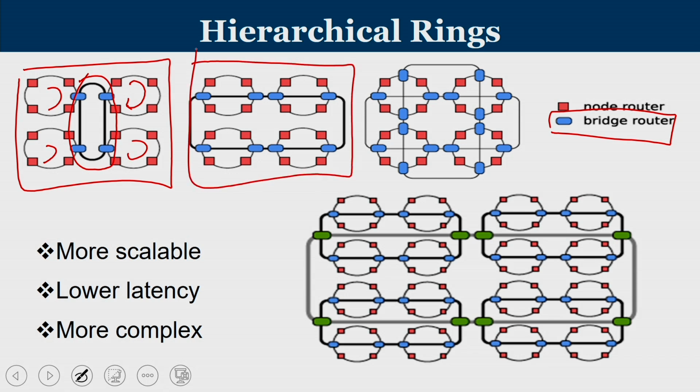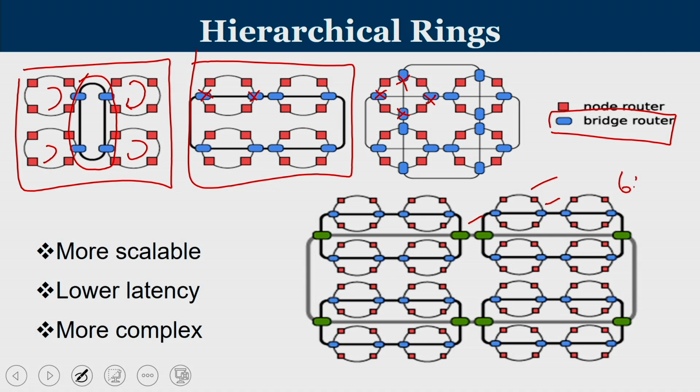Rather than just one bridge router per ring, we can have 2 bridge routers per ring, and here we have 4 bridge routers per ring. The concept is basically the same. You have 2 levels of rings. One is the first layer which connects the tiles, and this ring is in turn connected to the next layer, which is called the bridge routers. I can have a 3-level hierarchy, where you have 3 different types of bridge routers. The red one connects to the blue one, and the blue one in turn is connected to the green one.